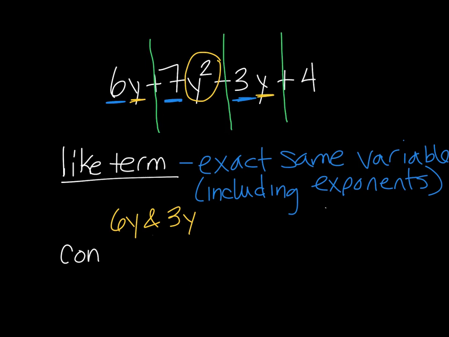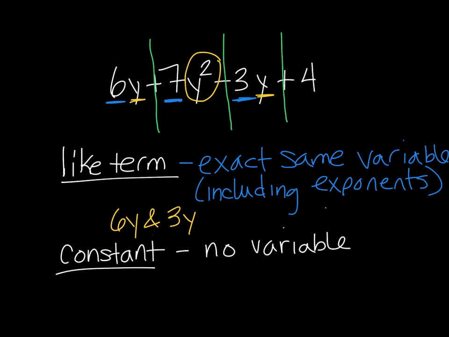Then we have the word constant. That means it has no variable. And we only have one example up there. No variable, that's the 4. The 4 is a constant because that is no variable. Think about that word, constant versus variable. Constant means it stays the same, variable means it changes. But in math, variable is the x, and constant is the one without an x. So they mean the opposite of each other, just like they do in